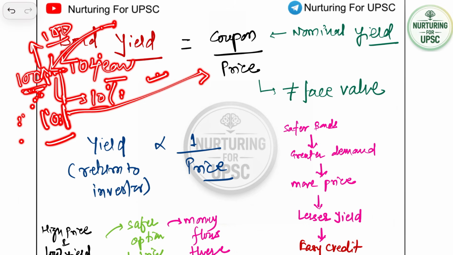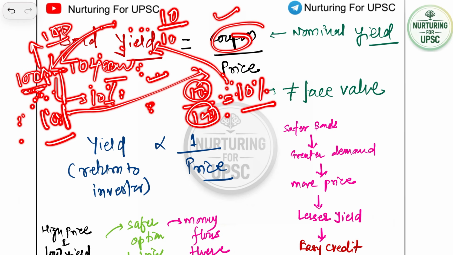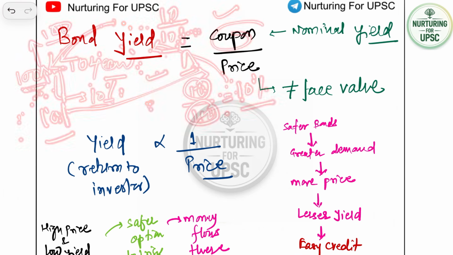तो 100 रुपए उसका फेस वैल्यू था, 101 रुपए उसका प्राइस बन गया, और कूपन तो उसका 10% का रहा ही। तो पहले 10/100, कूपन रेट 10 है, ये 100 है, तो ये बना 10%। तो 10% पहले की यील्ड बनी। पहले जो बॉन्ड होल्डर था उसके पास 10% रिटर्न ऑन हिज इन्वेस्टमेंट था, या फिर 10% उसकी यील्ड थी इन द टेक्निकल टर्म्स। पर अब जब किसी ने 101 रुपए में उसका बॉन्ड लिया, तो वॉट डज इट मीन, उसका हुआ 10/101। ये 10/100 से तो छोटा ही रहेगा। सो उसको जो एनुअल रिटर्न मिल रहा होगा वो 10% से कम मिल रहा होगा। तो ऐसे बॉन्ड यील्ड जो है वो प्राइस के इनवर्सली प्रोपोर्शनल रहती है।